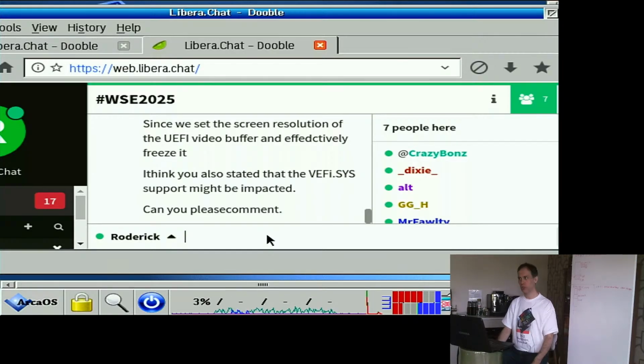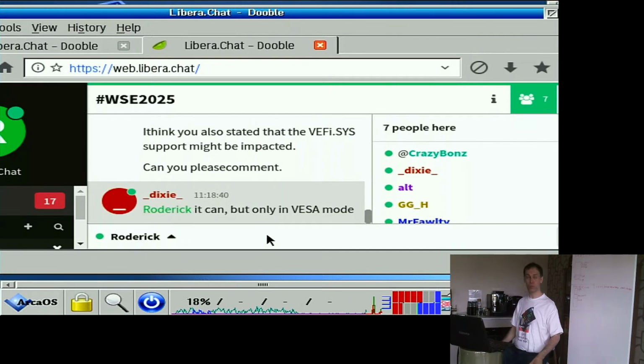That's what I recall. I seem to recall that the current Snap version works because it's a VESA driver. So what that means is that it works basically the same as Panorama. The difference becomes that Snap then sets its own resolution. I don't know how that works with the frame buffer code. It might just work, but it can, but only in VESA mode.